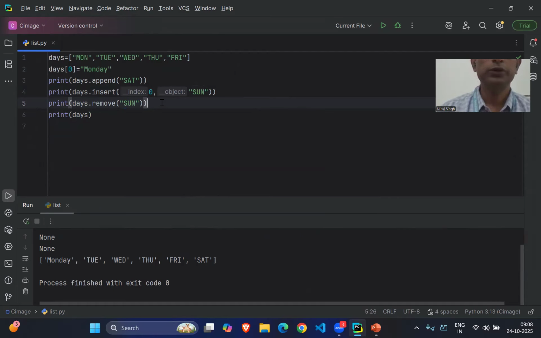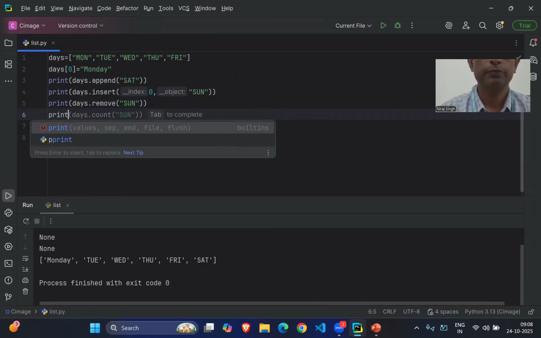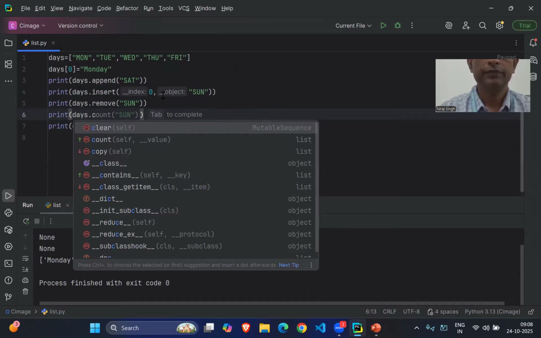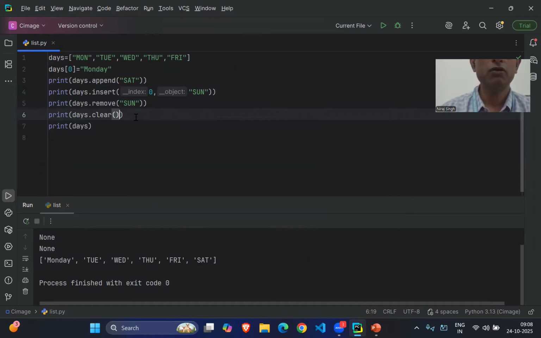Another way to remove elements is by using clear. Print days dot clear. This way we can delete all the list items at once. Now you can check, we have nothing in the list, it's empty.